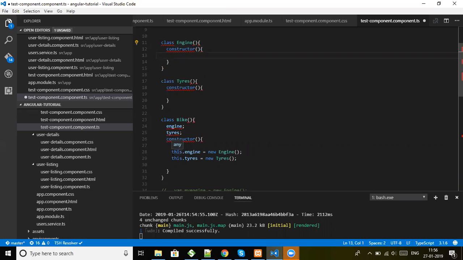So with our traditional coding, the way we will do it is by creating an instance of engine and tires inside the constructor of bike to get a hold of engine and tires instances. So this is one way of doing it. Problem is